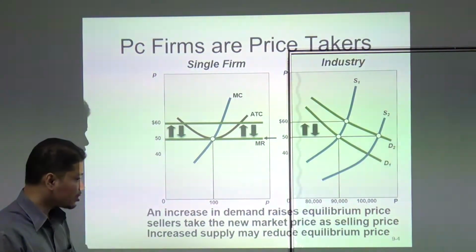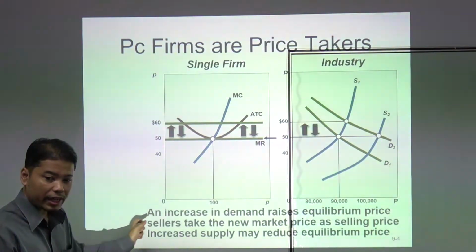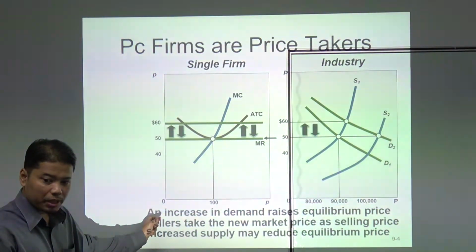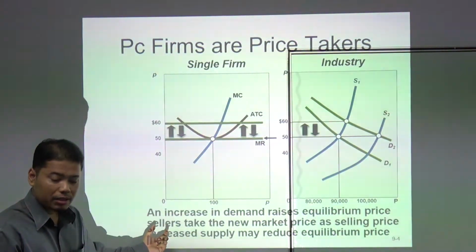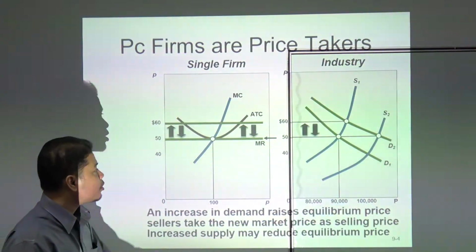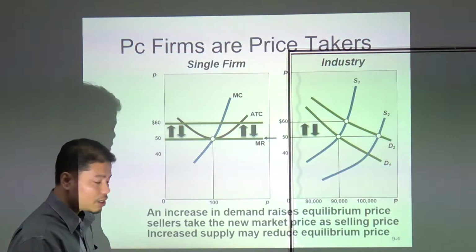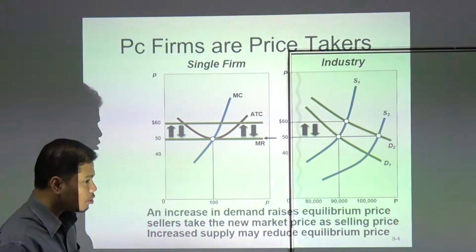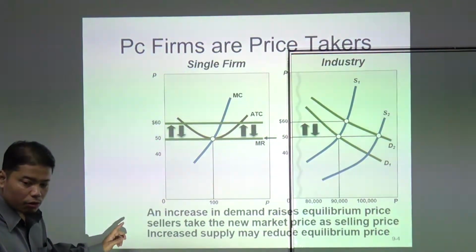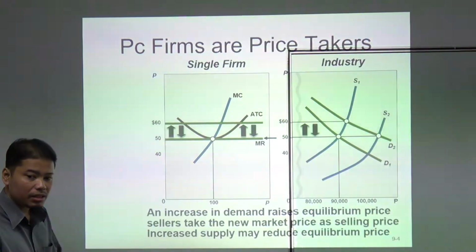So if the seller here decides to increase output, let's say from 5 units to 10 units, mathematically we have 5 additional units in the market. But since the purely competitive market is very huge, let's say we have 1,000 sellers in the market, the decision of one seller increasing its output by 5 units will not have any material impact to